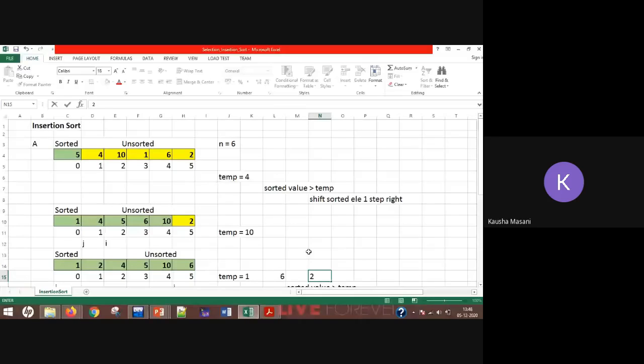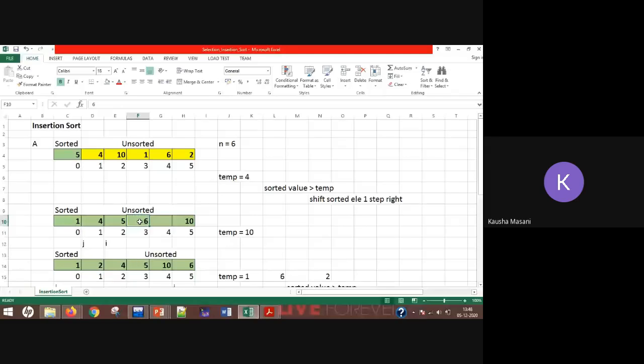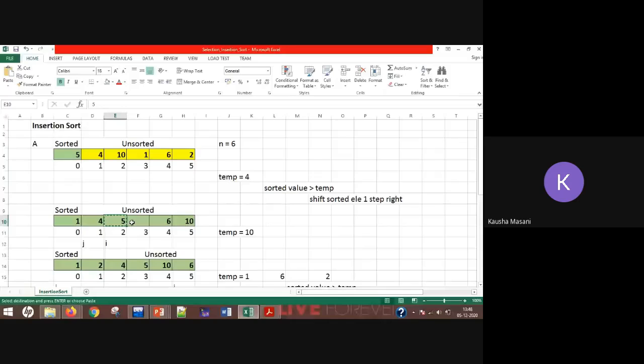Now this is the part of sorted list, the only one which is remaining in the unsorted is 2। आपका next temp value क्या हो गई 2। अभी 2 से कंपेयर करो, 10 greater than, yes, तो 10 को एक से राइट में शिफ्ट करो, ठीक है। ये जगह खाली हो गई। 6 ग्रेटर देन 2, यस, शिफ्ट कर दो, ठीक है। 5 ग्रेटर देन 2, यस, 5 को शिफ्ट करो राइट, एक स्टेप ही। अगेन 4 ग्रेटर देन 2, यस, तो वापस से शिफ्ट कर दो, ठीक है। 1 ग्रेटर देन 2, नो। तो कंडीशन फॉल्स हुई, वैल्यू इज इन द करेक्ट पोजीशन। तो आपका ये सॉर्टेड एरे हो गया।